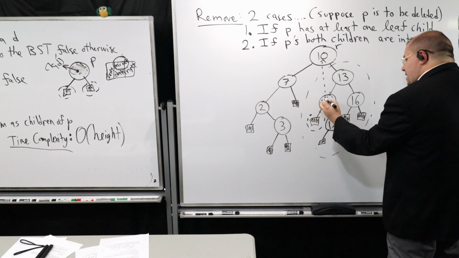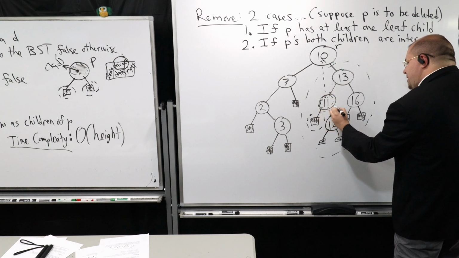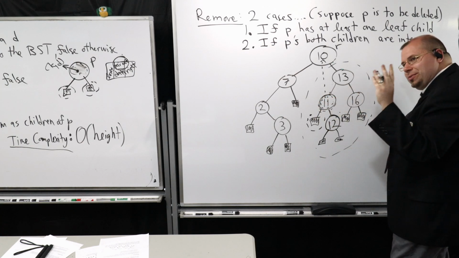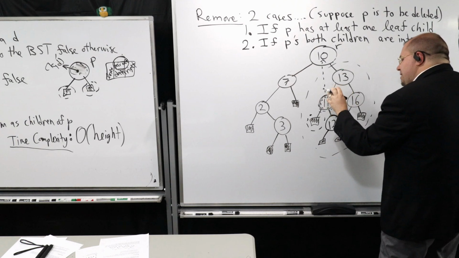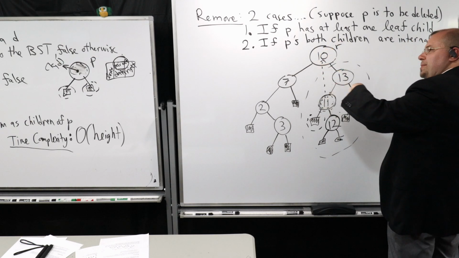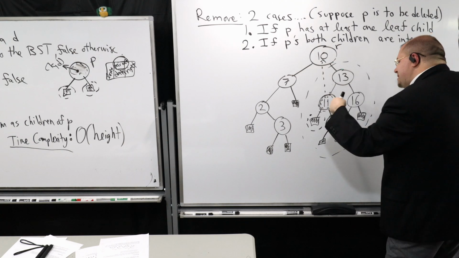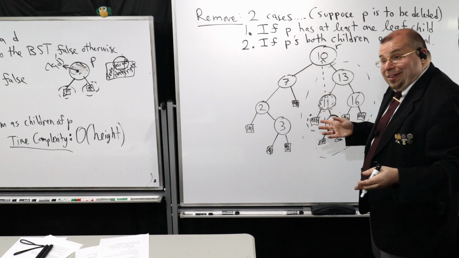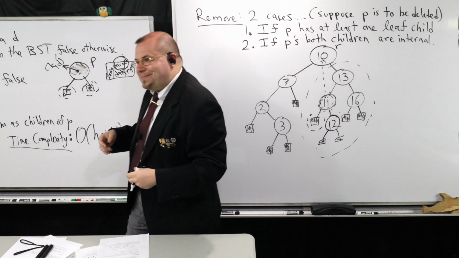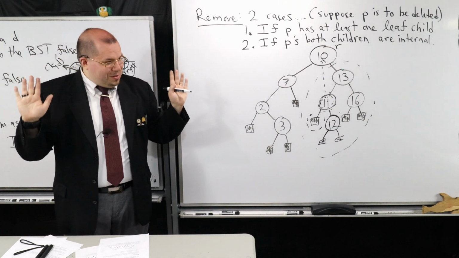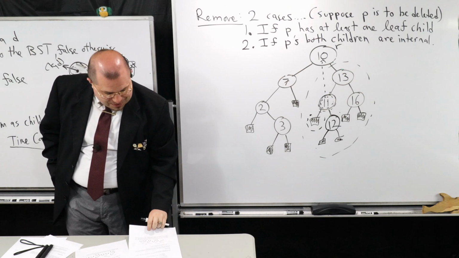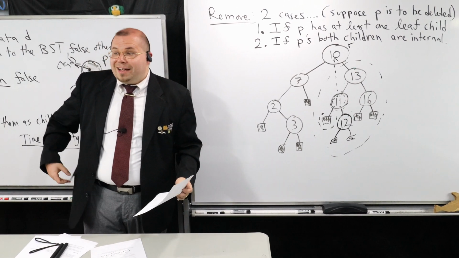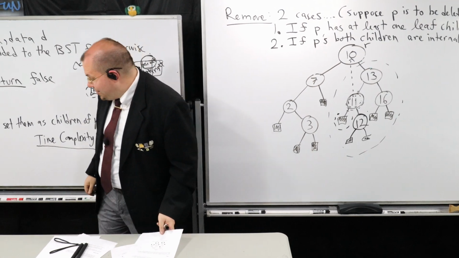But notice that if I find this one here, I can copy, and keep in mind, you need to do a deep copy of this data. You're going to copy this data into your node, and then you can simply delete this node and get rid of it. And we know how to do that, right? So that brings me to the removal algorithm. Let me show you this removal algorithm. We have these two cases, and that's how the pseudocode is going to be laid out to you.